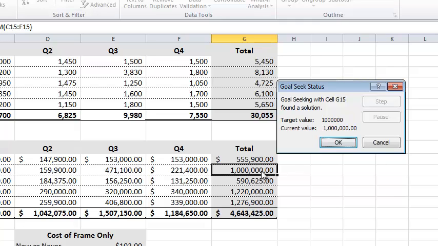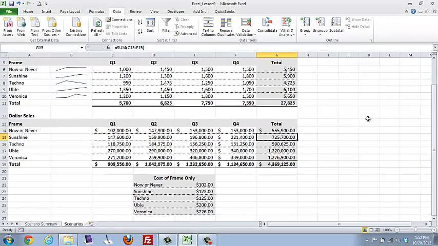So we can use what's called Solver, and Solver solves problems that are a little more complex than GoalSeek can handle. Here I'm going to click Cancel, and we're going to have to put in a little bit more information to use Solver. So let's make sure we're on cell G15, and then in the Data tab